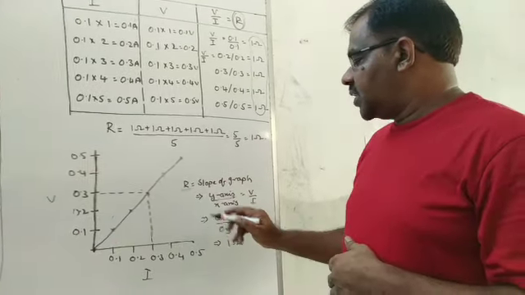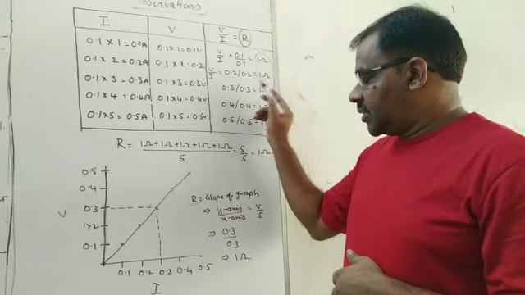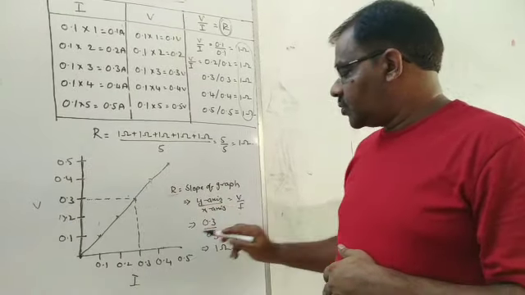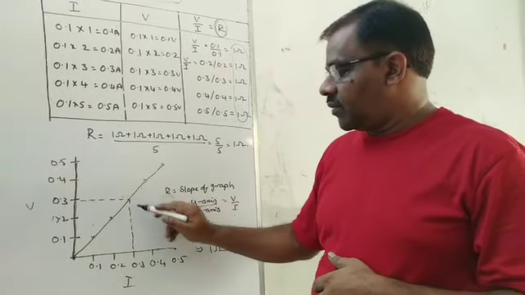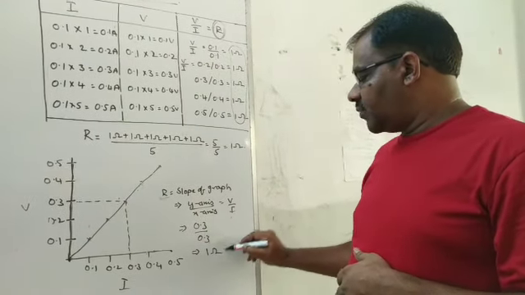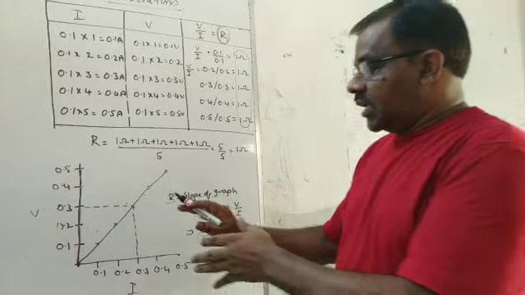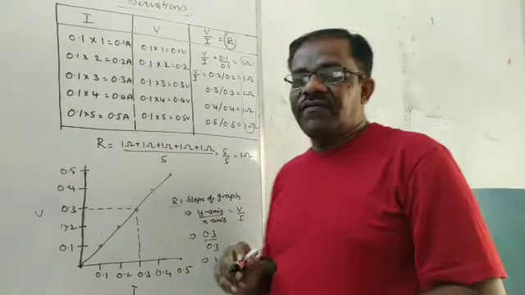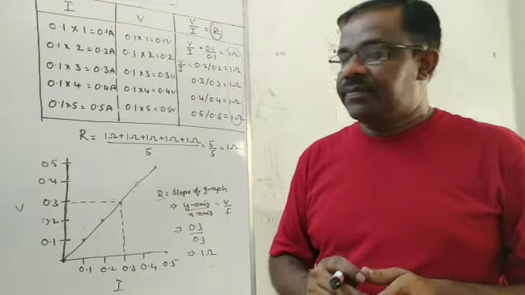So, what is the resistance value of this particular resistor in this case? Y-axis value divided by x-axis value. So, 0.3 by 0.3, voltage divided by current. Here also we got it as 1 ohm. So, theoretically we got the resistance as 1 ohm. Practically we got the resistance of 1 ohm. So, this proves Ohm's law.